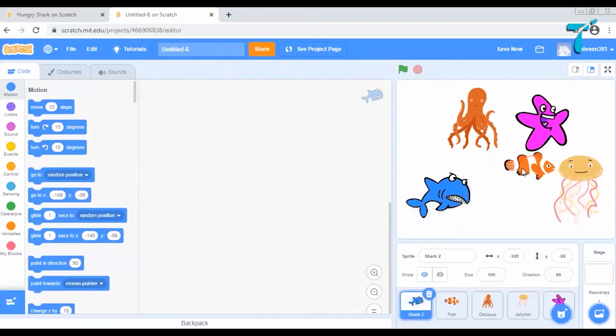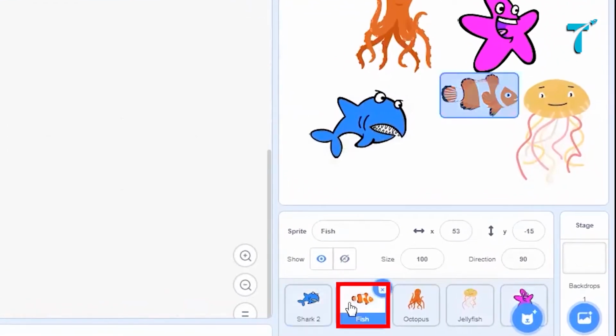But if you see, the size of the characters is quite big as compared to the shark. So to reduce the size of the sprite, just click over it and reduce its size to say 50. Yes, this is pretty okay.